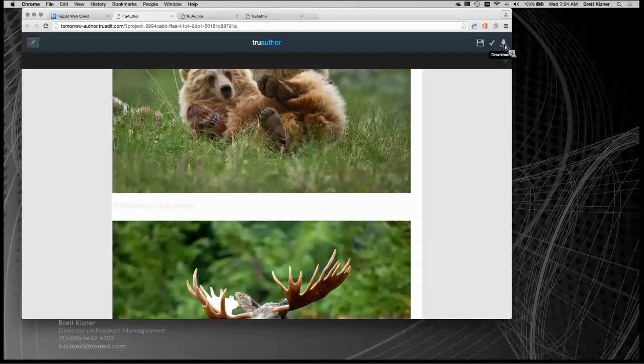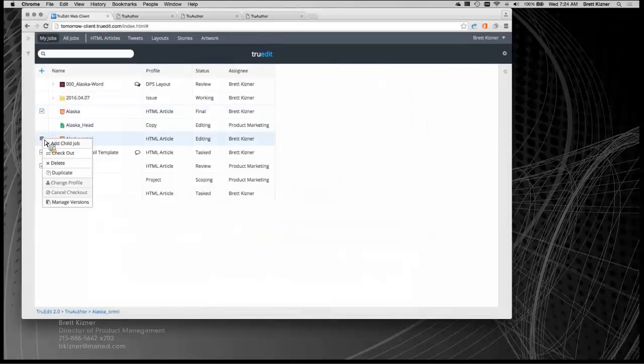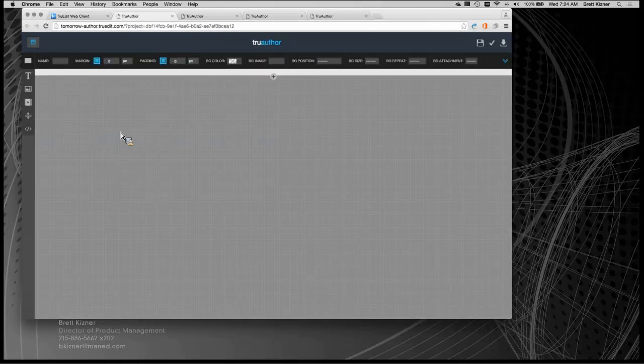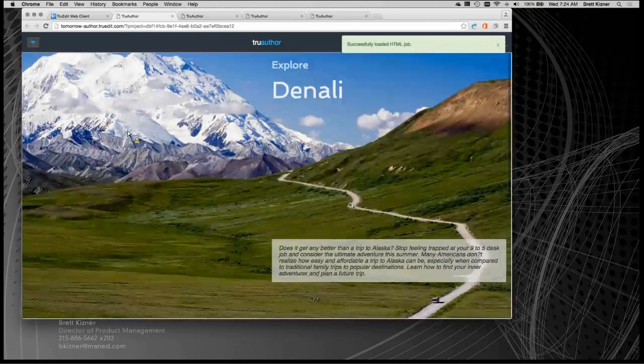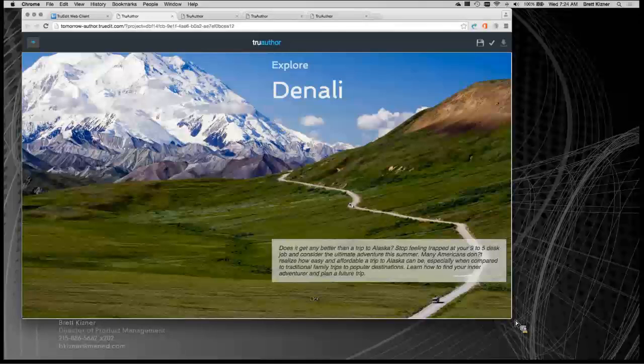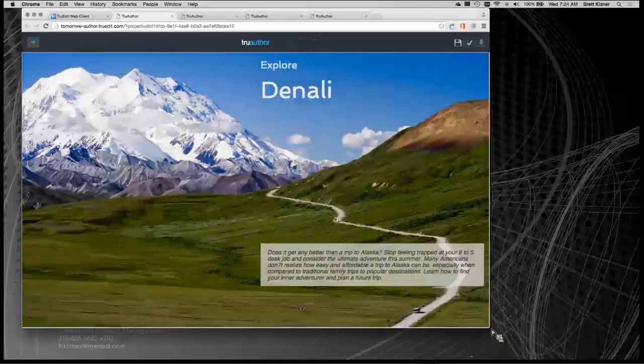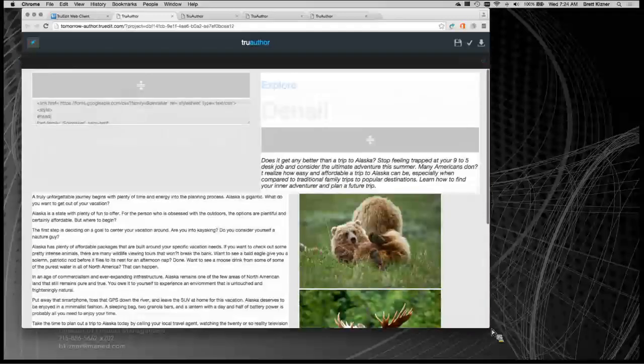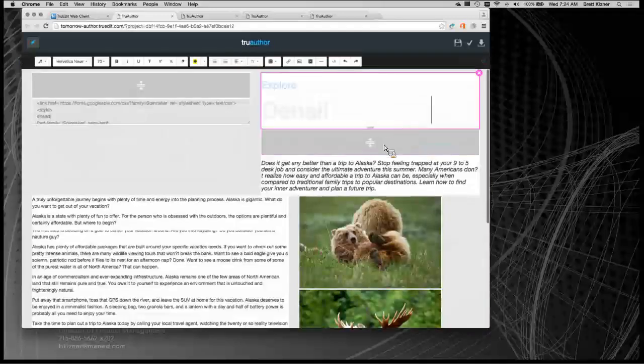So now if we want to, I can come over to the video, click, and you'll see here the video played. So without having to know a lot about web design, web development, I'm able to go in and populate my content. But as you saw within that design mode, a web designer or a web developer would be able to come in and add in a lot of capability, a lot of design flexibility very simply.